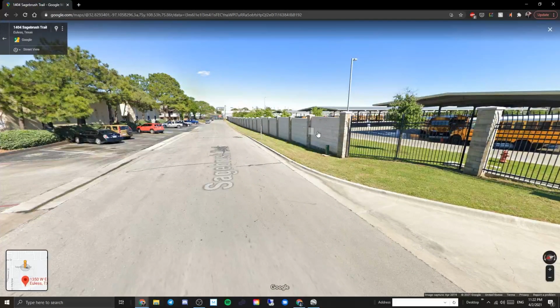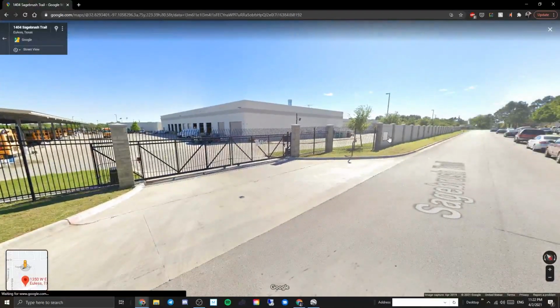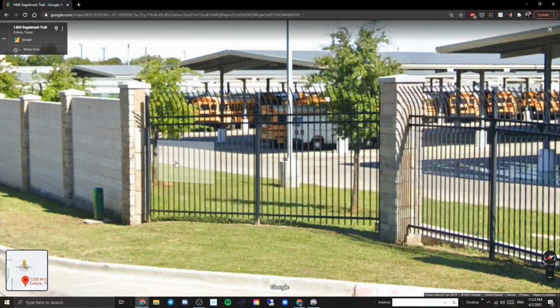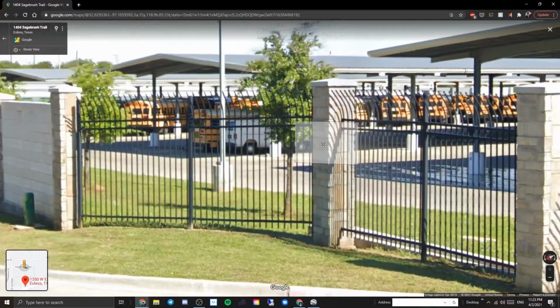So unfortunately, we don't actually have that much around that we're able to see because it is pretty much bricked off, which is too bad. So we're mainly going to focus back here and up front. Alright, so we're taking a look at April 2019. Let's just work our way around. There's a Bluebird right here, an IC, a little midbus right there. It looks to be some sort of International...